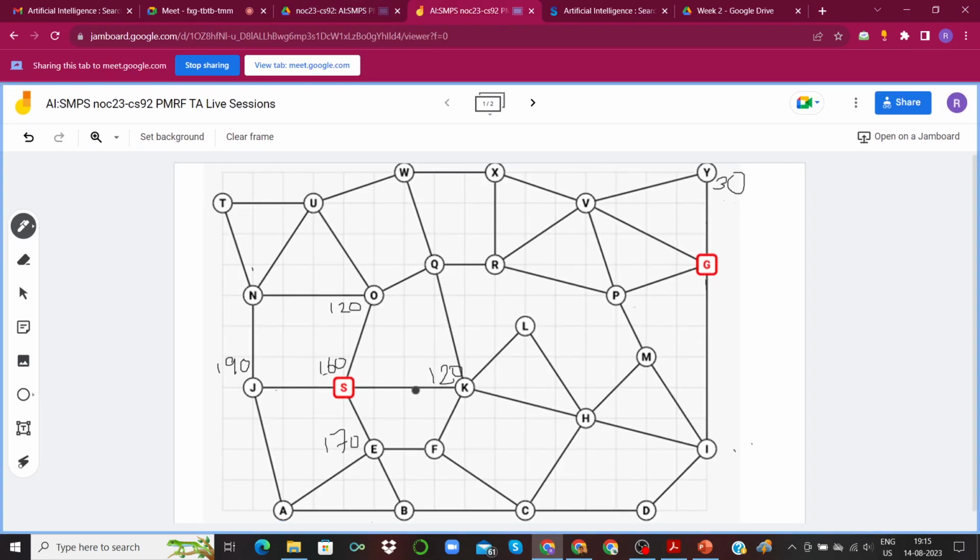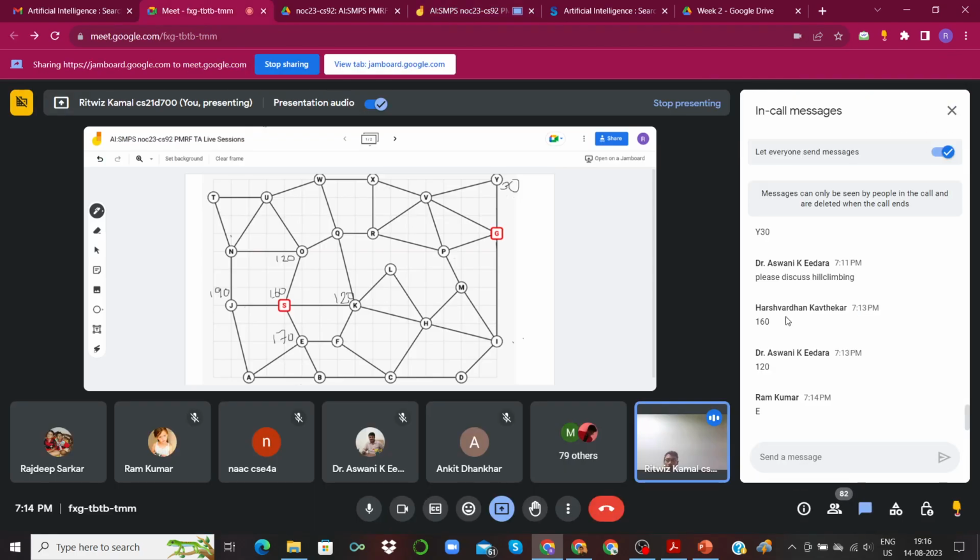So this assumption comes in handy because we see that 2 of these nodes that we could go to from S, O and K, both have the same heuristic value. Since we are told to inspect the node which comes first in alphabetical order, we will choose to go for K, right? And 190 and 170 are the heuristic values for J and E, which are in any case greater than the heuristic values for O and K. So we are not going to consider those. So after S, we are going to inspect or evaluate K. Okay, so is that step clear?